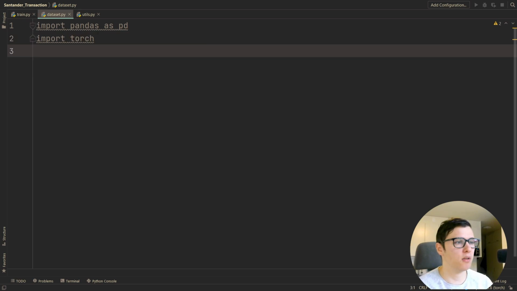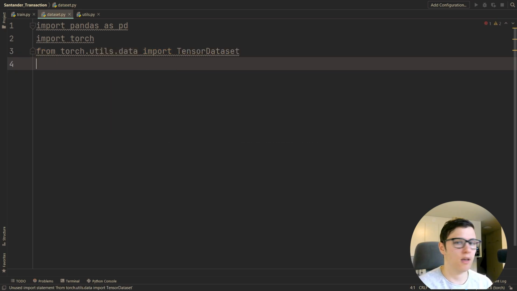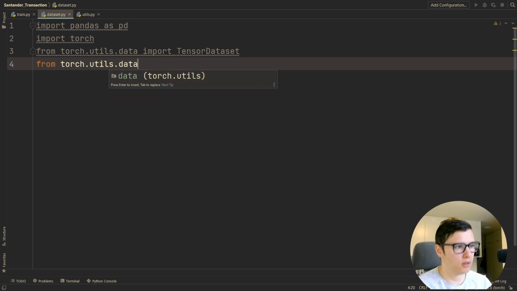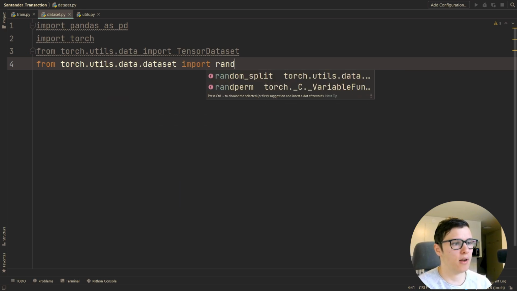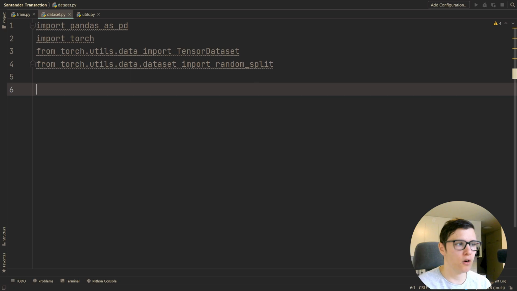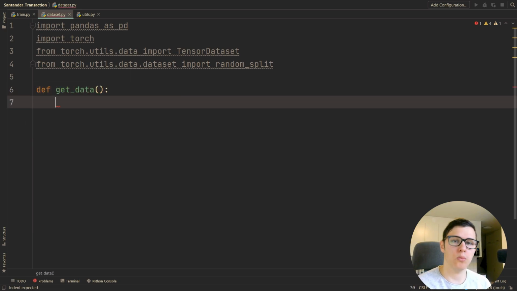And to create a data set, we're going to use something called TensorDataset, so we don't have to create a custom class and so on. It's going to make it a lot simpler. So from torch.utils.data, import TensorDataset, and we're also going to need random_split. So from torch.utils.data.dataset, import random_split. All right, and we'll just create a function getData, and all we're going to do here